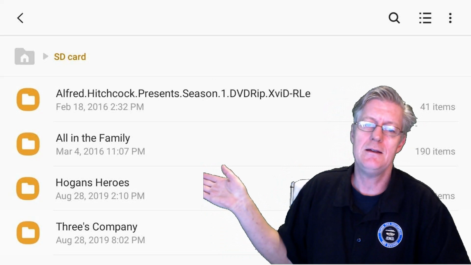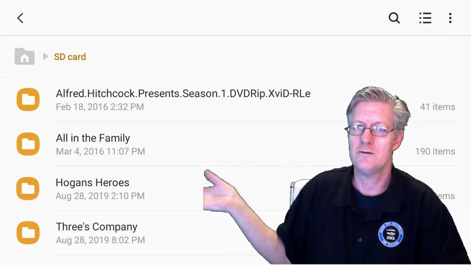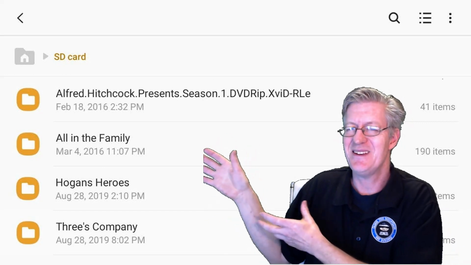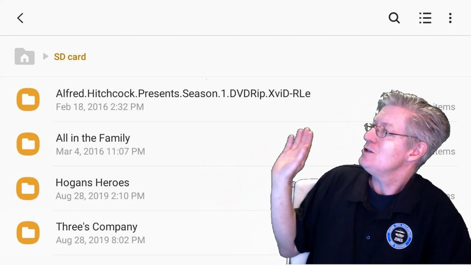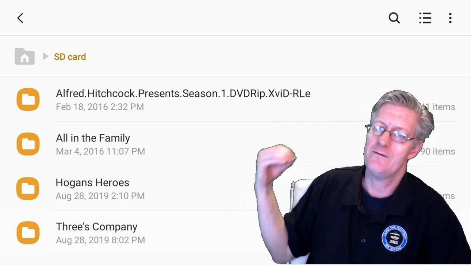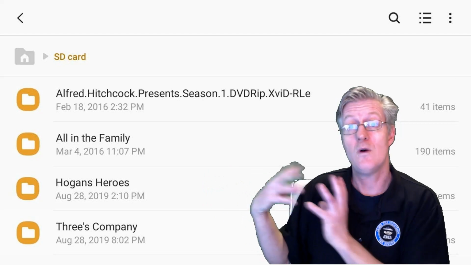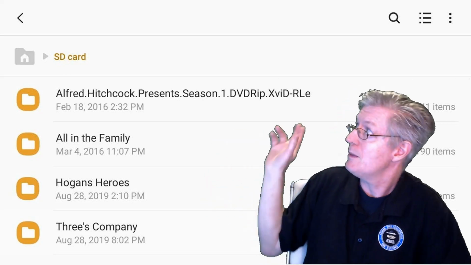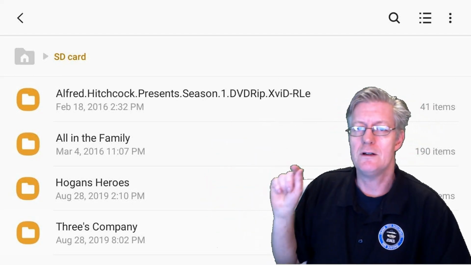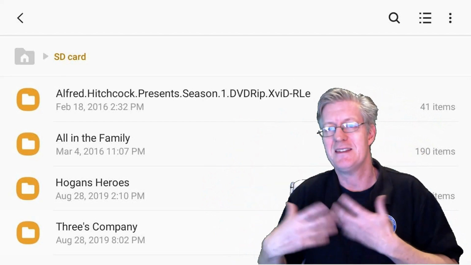So here you see I have folders: Alfred Hitchcock, All in the Family, Hogan's Heroes, Three's Company, and then over here to the right I have how many items are found in each of those folders. So it kind of gives you an idea of what's in those folders. Now if you were to double tap on one of those folders, then it opens up, and that's how I actually watch.